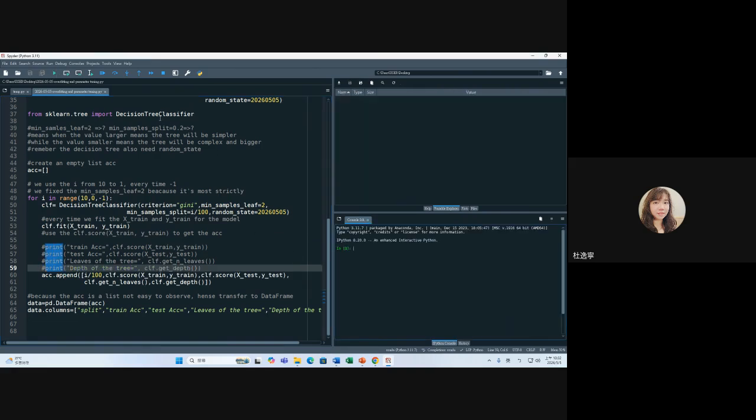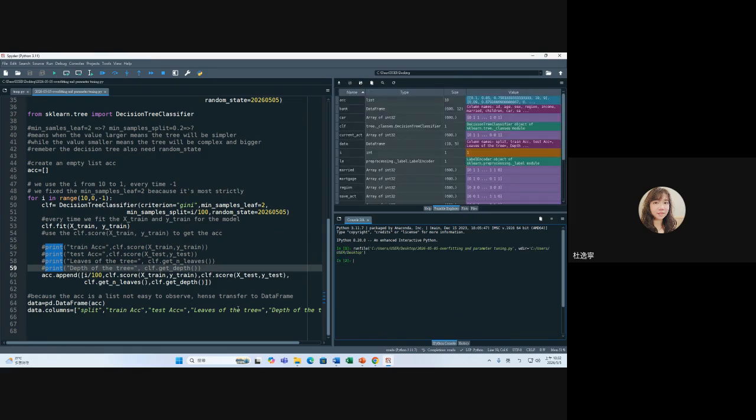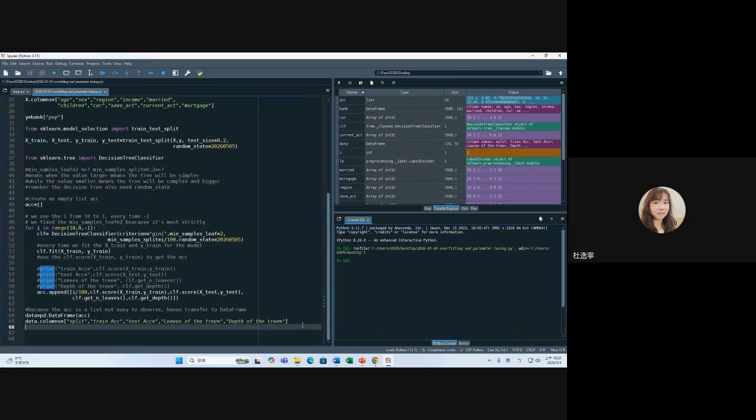Yeah. One more time. We leave that part. Okay. Now we will do the overfitting. 好，the overfitting we need the package from